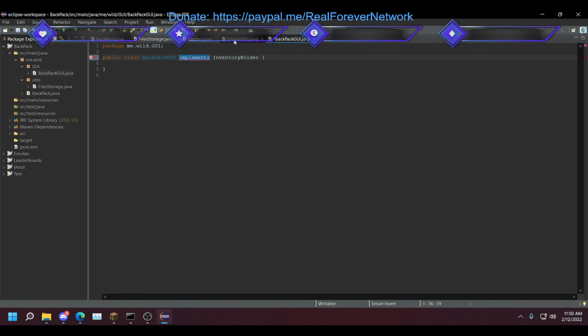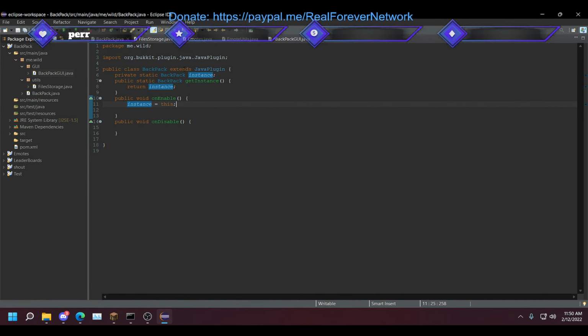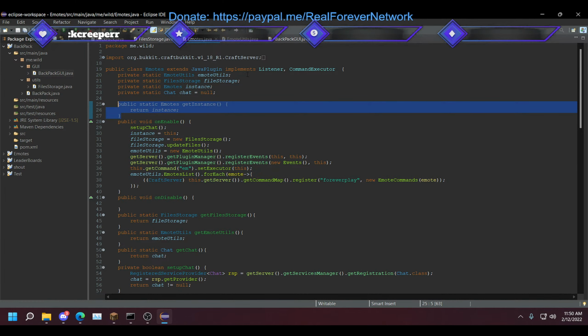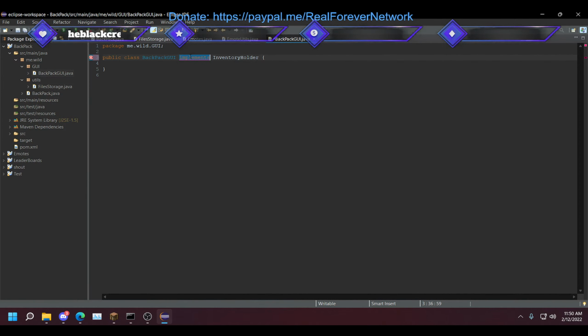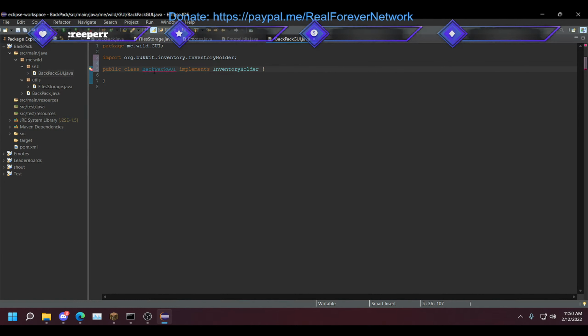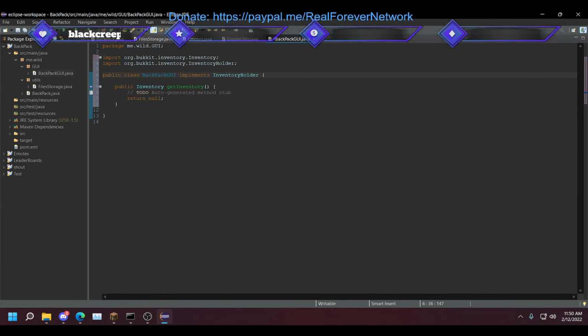I wish I could spell this right. No, extends. That's okay. I was close. So if we now import this, the backpack GUI, add on implemented methods, we can now get